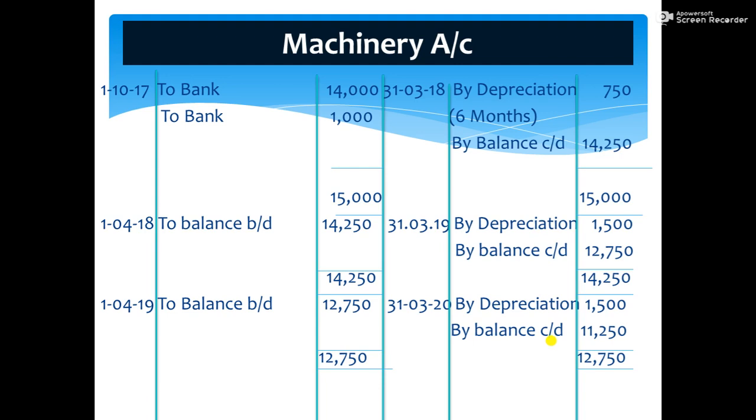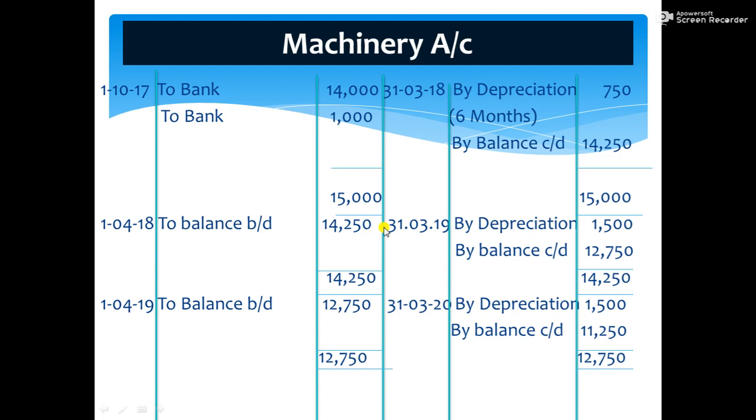The machinery account will appear like this: 1st October 2017, the company purchased machinery, therefore to bank 14,000. Same date installation expenses incurred, to bank 1,000. The accounts closed on 31st March 2018 for the first year. Depreciation for that year, 6 months, will be 750. And therefore the balance is 15,000 minus 750, 14,250. That amount is brought forward to the next year, to balance brought down